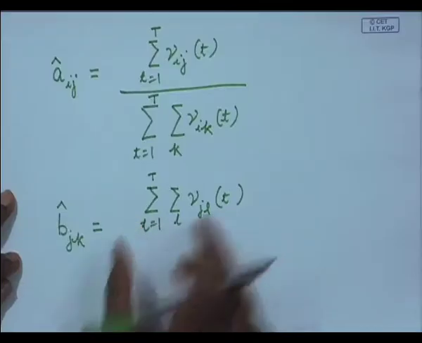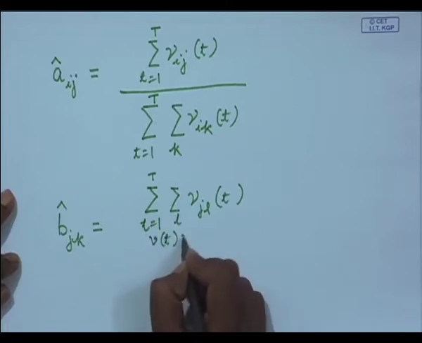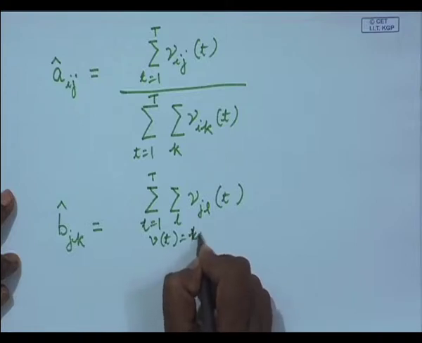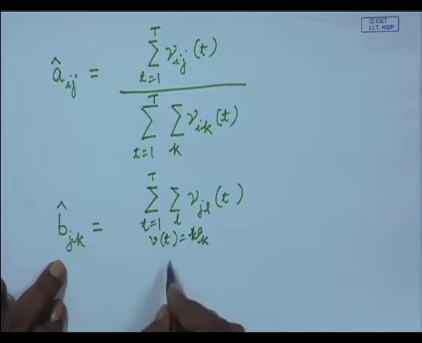So, this has to be computed wherever V t is equal to V k, because I am interested in B j k, and this divided by